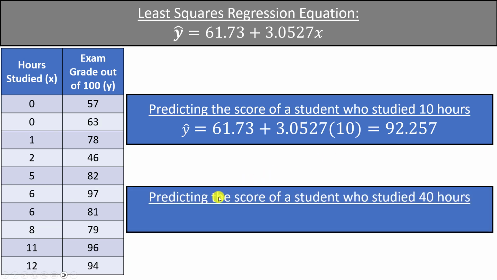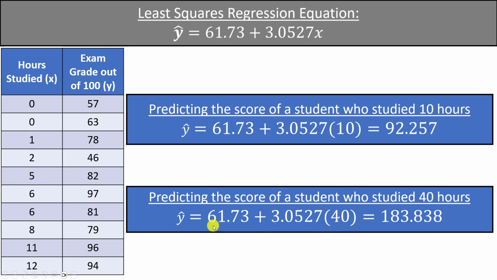What about a student who was to study for 40 hours? So maybe someone says, I want to get as good of a score as I possibly can on this test, and I'm just going to go and I'm going to study for 40 hours for this test. So what would this model predict that that student's score would be? Well, let's plug in 40 into the equation. We'll get 61.73 plus 3.0527 times 40, and if you multiply all that out and add the things together, you're going to get